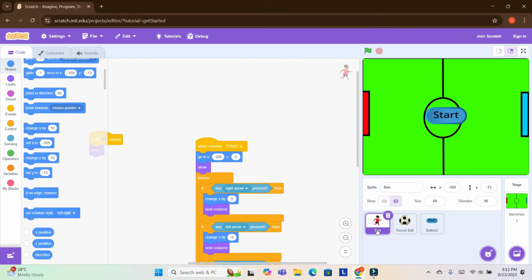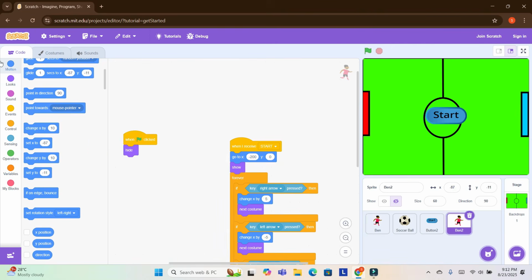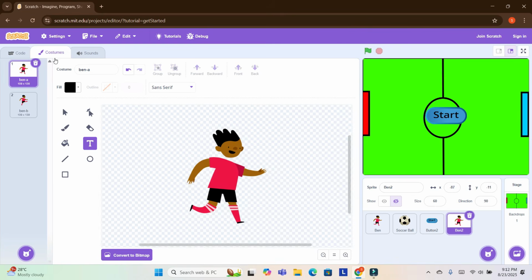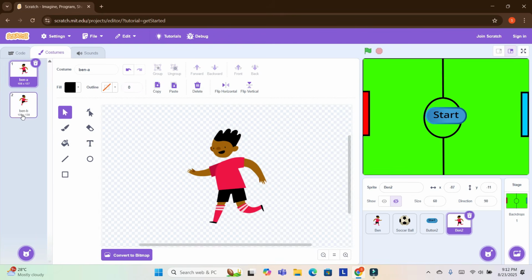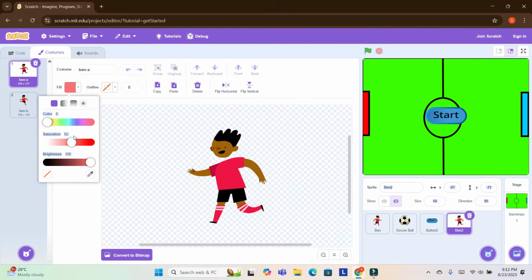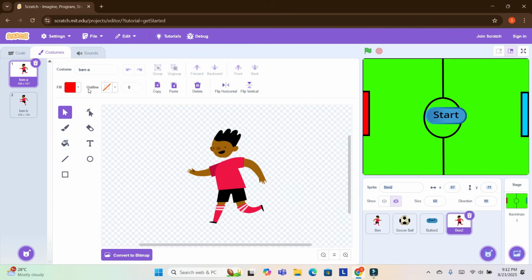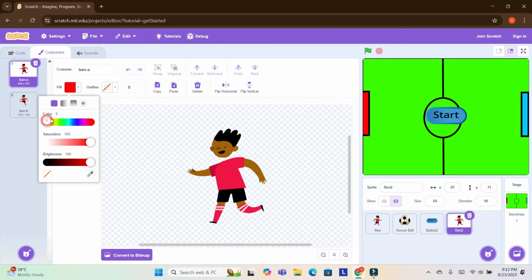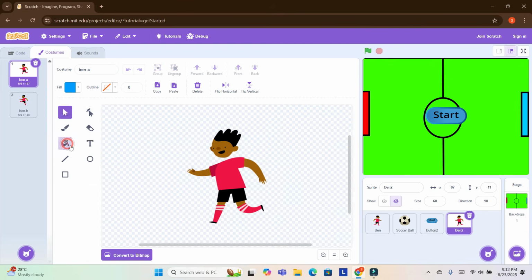Now I will take the duplicate Ben 2 and I will go to its costume and now go to select and flip its position, and also change the colors of its costume. I have decided to make it blue. I will take blue, then fill.